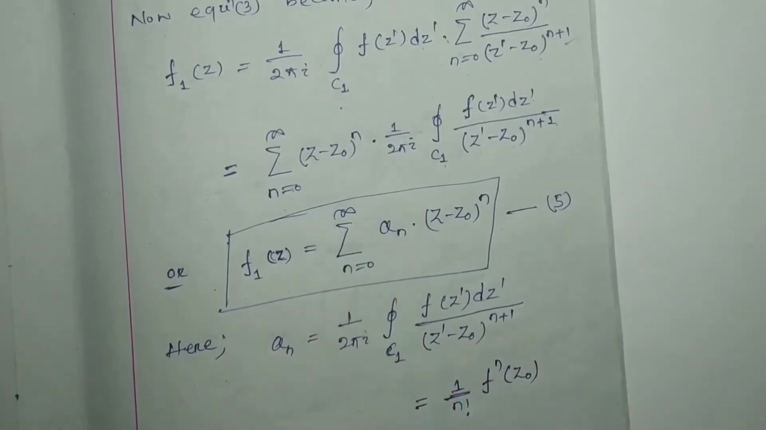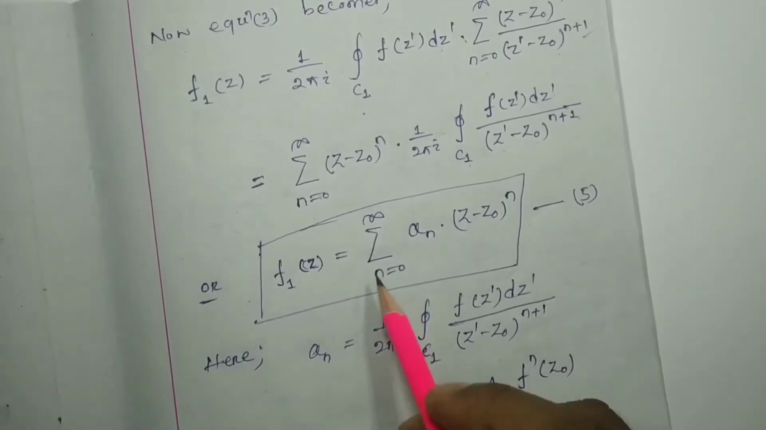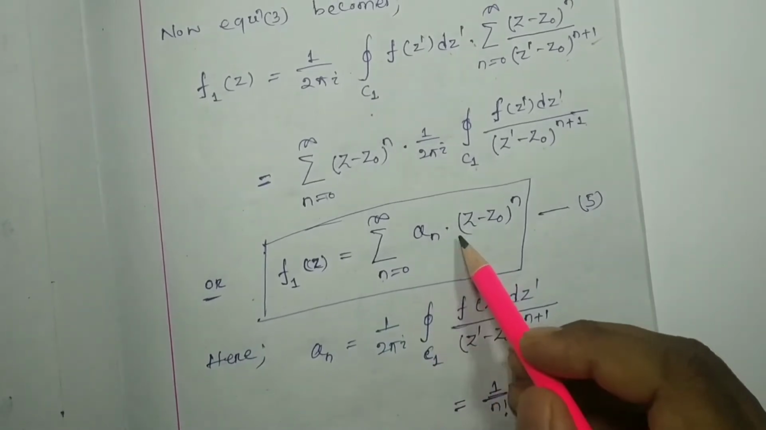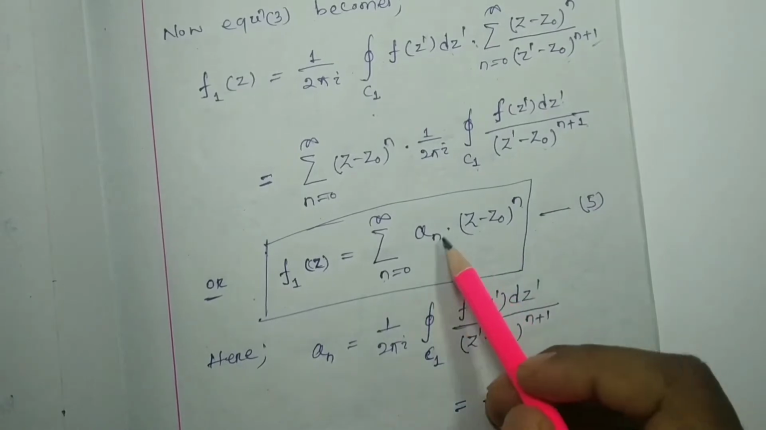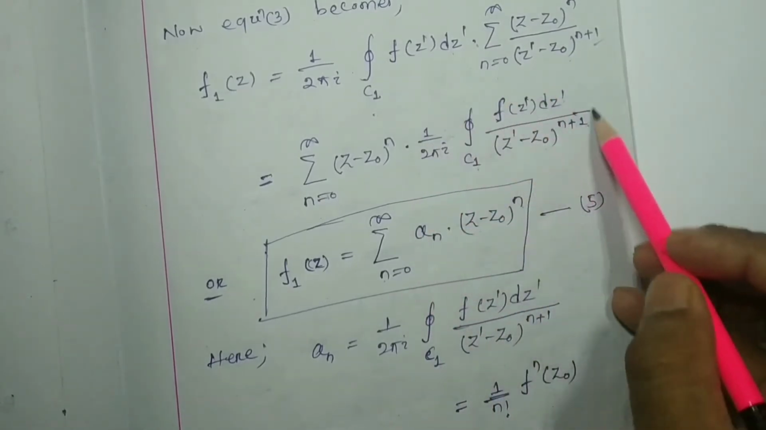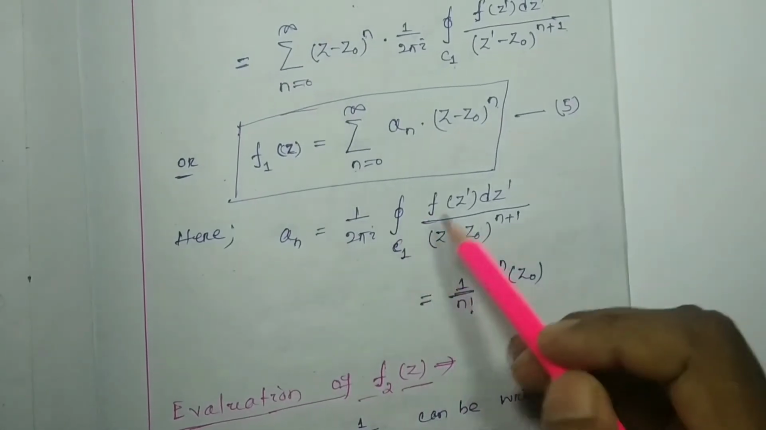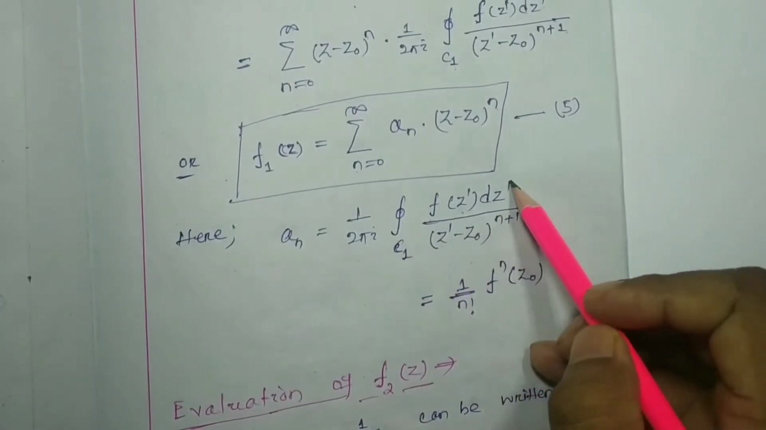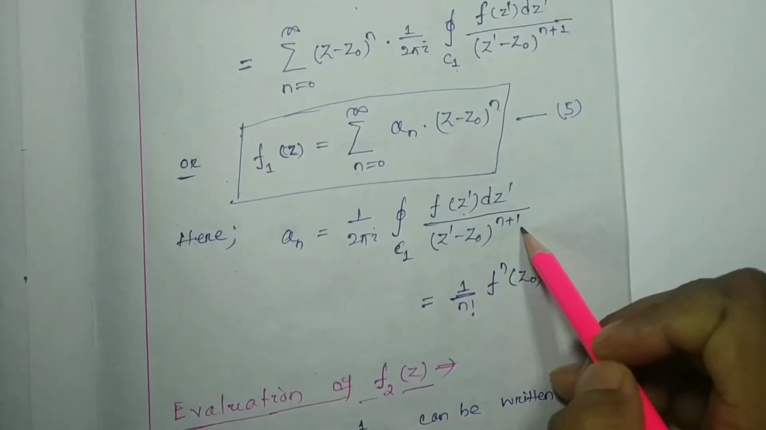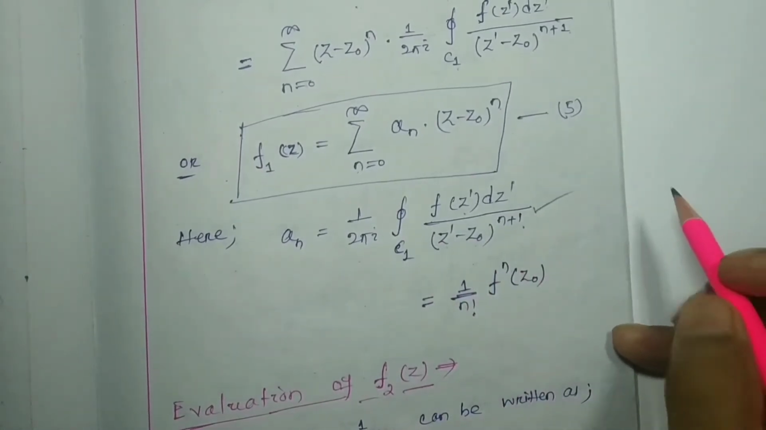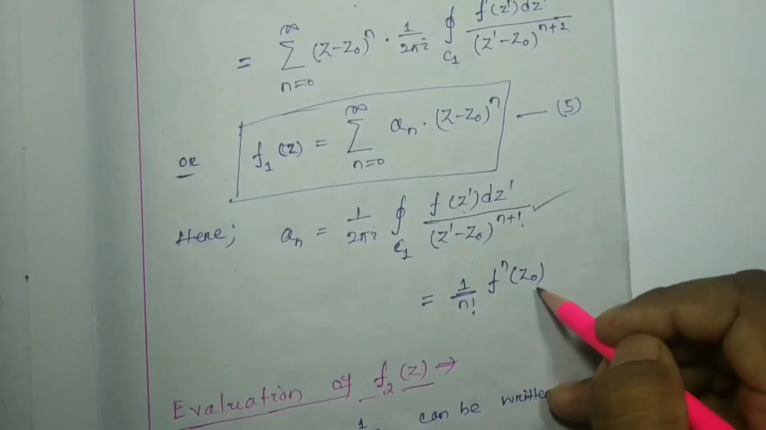Or we can write f1(z) will be equal to the summation over an into (z minus z0) to the power n. Here an is nothing but this whole 1 by 2 pi i closed integration of C1 f(z') dz' by (z' minus z0) to the power n plus 1, which is nothing but 1 by n factorial times the nth derivative at z0. That we know